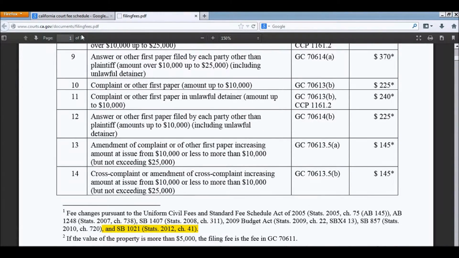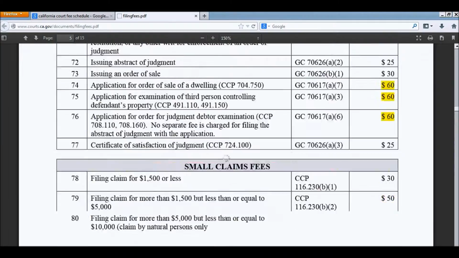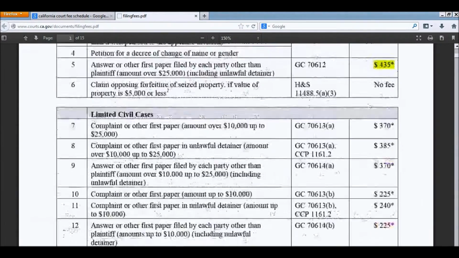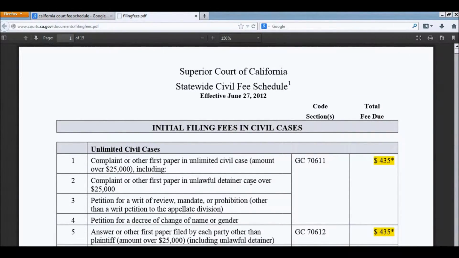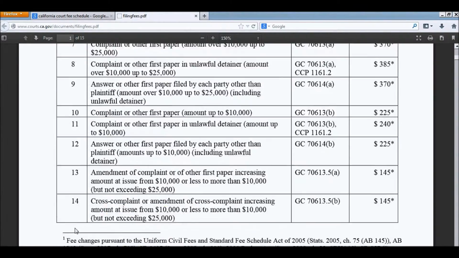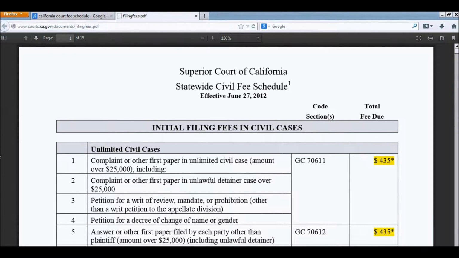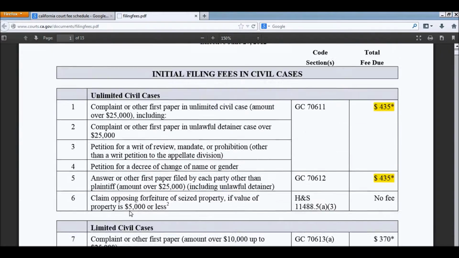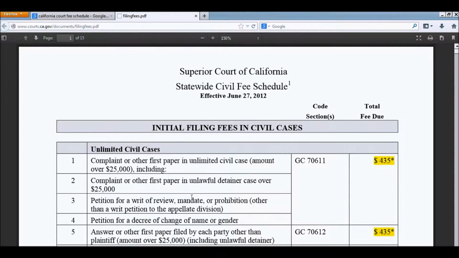It's actually quite long. As you can kind of tell up here, it's 15 pages. So it goes over quite a few things, as you can probably tell. So that's the good news. I mean, this document's very comprehensive. However, the bad news is that if this is your first time looking at a document like this, it can be quite confusing because you're not quite sure which kind of page or which line item your situation falls in. So if you are being assisted by somebody, like you have a friend, neighbor, family member, lawyer, whoever, helping you, best to sit down with them and go through this fee schedule to find out what applies in your case.